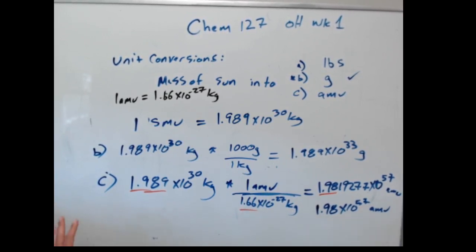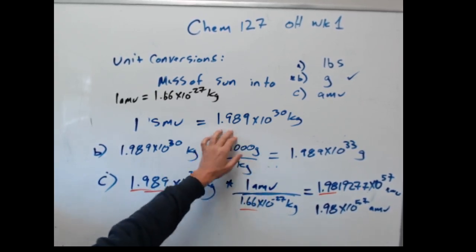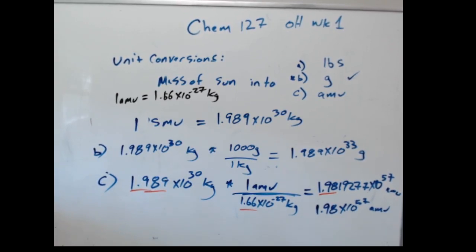Now, technically, we made choices. This is the thing that's interesting about chemistry classes: we get to make choices. We made a choice in how many digits we kept for our conversion, and that's because we were using the equation sheets. If we wanted to look up grams and AMU, if you just Google it,